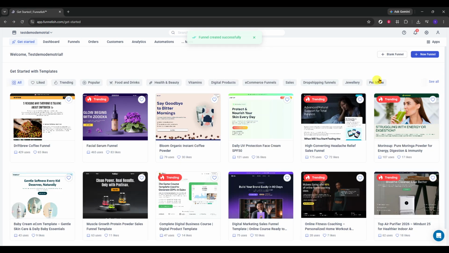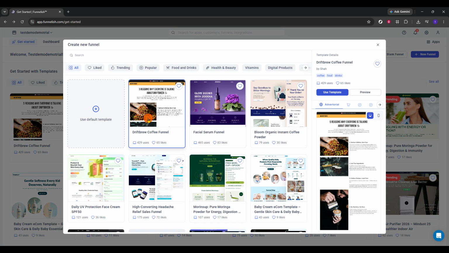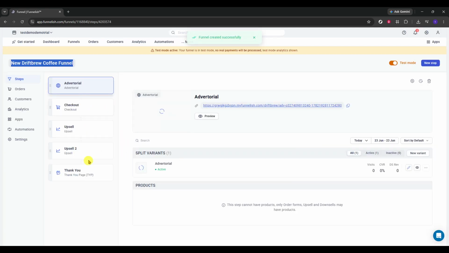Once the template is active, you can begin editing and adding to it as needed. This is the stage where you make the funnel your own. You can review the content, update the design, and prepare each page so it matches your offer or brand. A good tip here is to move through the funnel in order so you can understand the full customer journey